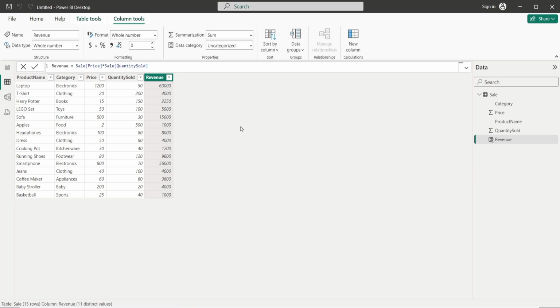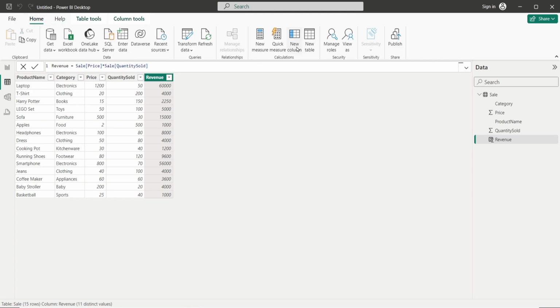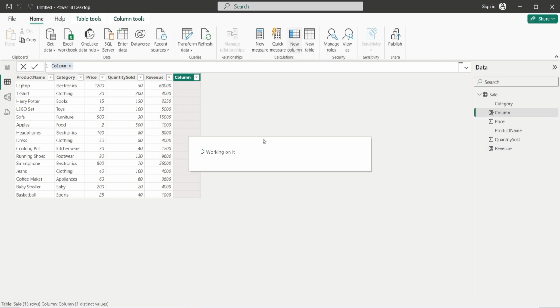Alright, let's get to the steps involving the switch function. Basically what we are going to do, we are going to subcategorize our category column, meaning that we are going to further define our categories here, meaning we are going to further define electronics as something else, clothing as something else, and for all of the other things. For this, we're going to go on our home tab, click on new column,